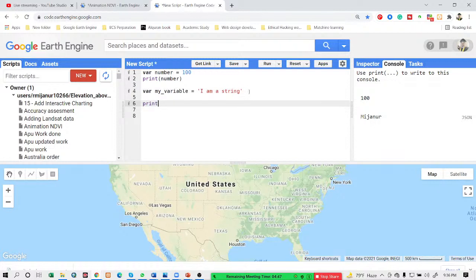So I simply use here the print, and then I simply copy my variable and paste it here. Okay, then it will be okay. So just at this time you can see here, when you define a variable you must use the var keyword, then you can write any variable name. When you use a string, meaning a group of characters, you must use a single quote or double quote on two sides, and a number is not a string, so we don't need to add any single quote or double quote on two sides.